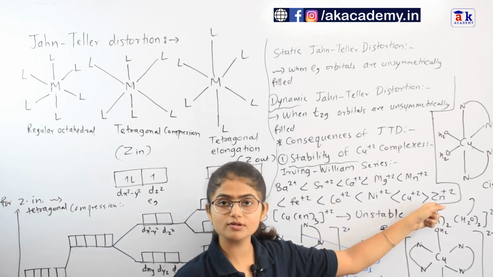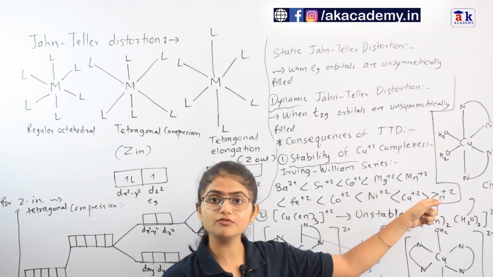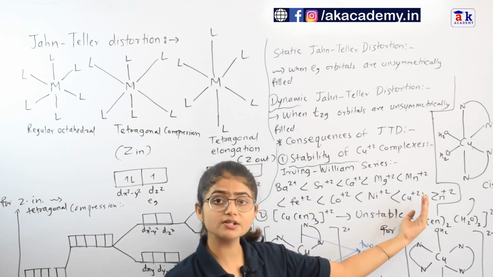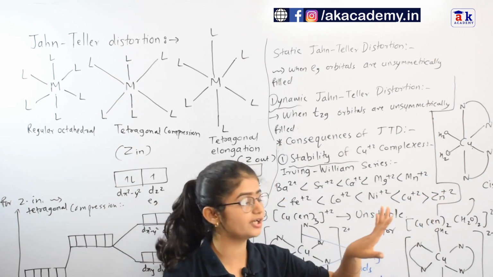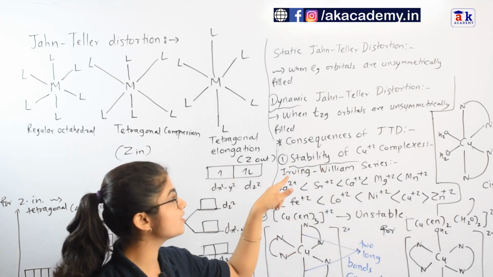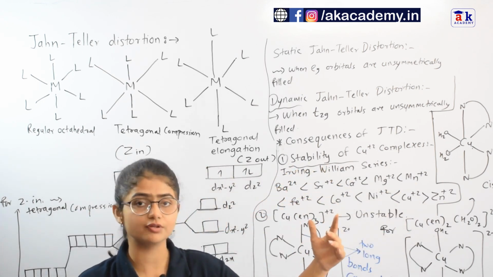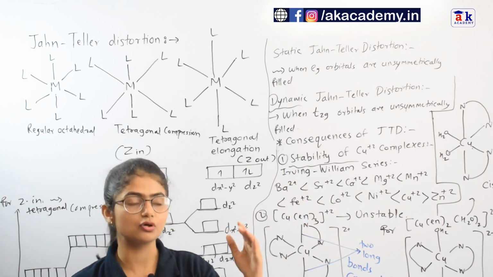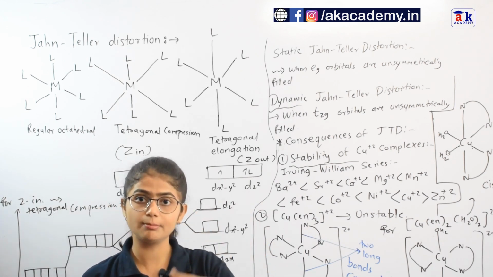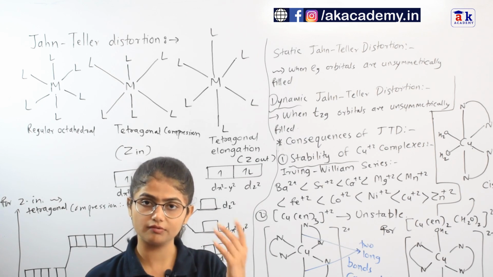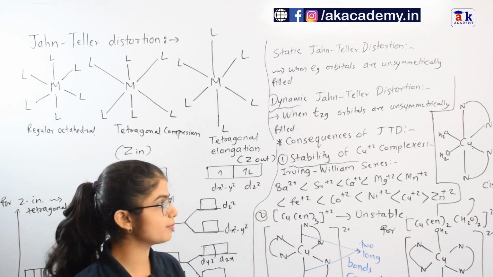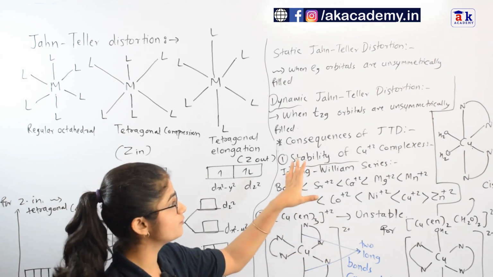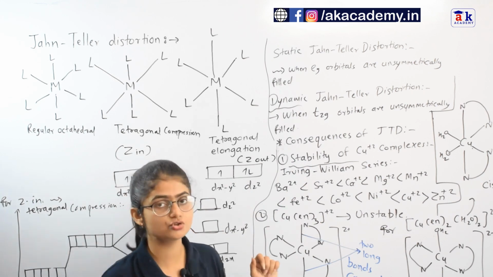So actually the size of Zn²⁺ is less, so the stability for Zn²⁺ should have been more than Cu²⁺, but in reality Cu²⁺ complexes have higher stability than Zn²⁺. That is because in Cu²⁺, that is for d9 configuration, the Jahn-Teller distortion is very high, so that two electrons get stabilized, and only one electron is raised by the same amount of energy. That's why copper(II) complexes are stable, because of the Jahn-Teller distortion happening in them.